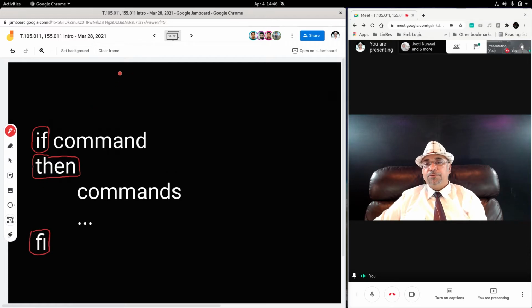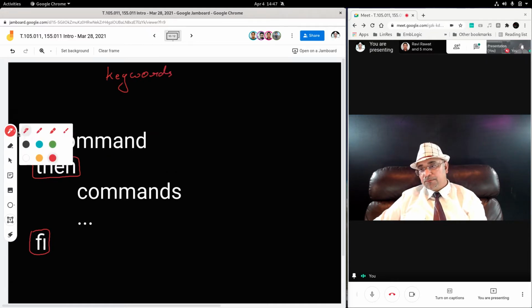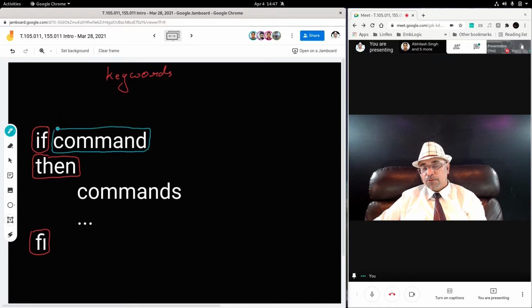All three are keywords. This that I'm going to circle in blue is your condition command,